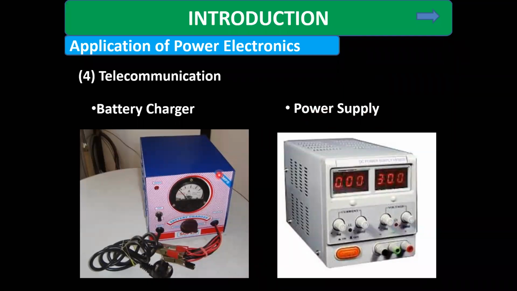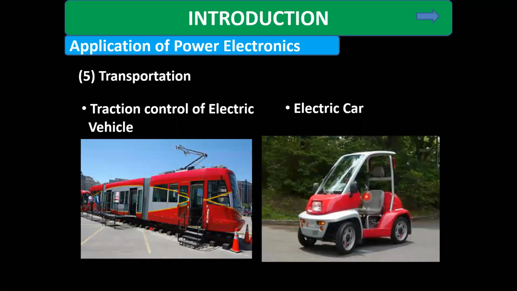What this rectifier does: here the supply is three-phase or single-phase AC supply, and this rectifier converts AC to DC voltage, and those DC voltages we get through this terminal, and we can charge the battery. Similarly, in low power applications we generally use this power supply, and through this we are able to supply different devices to get the proper control voltage. So this is another application of the power electronics converter.